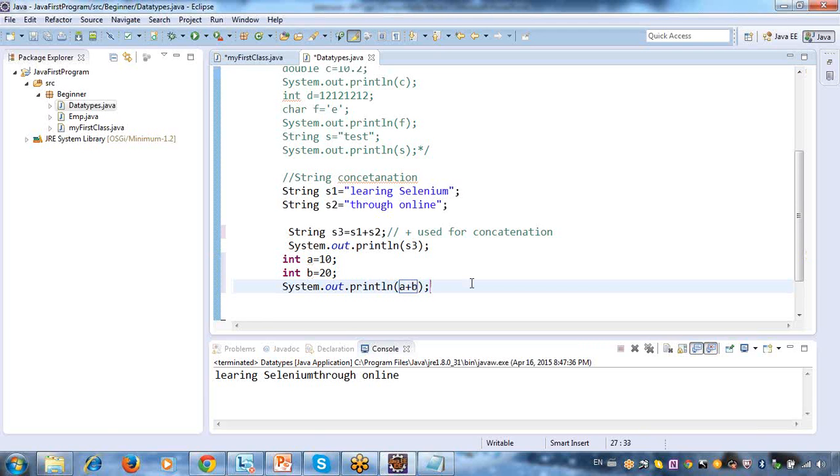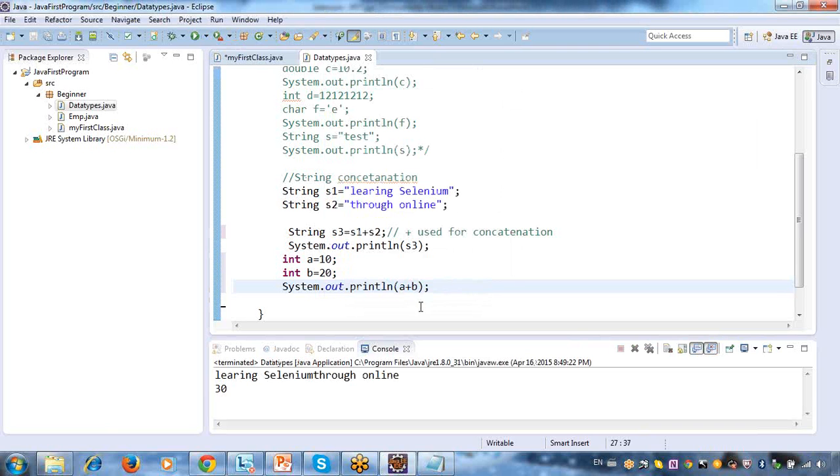See, a is equal to 10, b is equal to 20, and when I say a plus b, what will it print? Here, this plus is used for concatenation. This is not the plus symbol. See what will happen when you click on run.